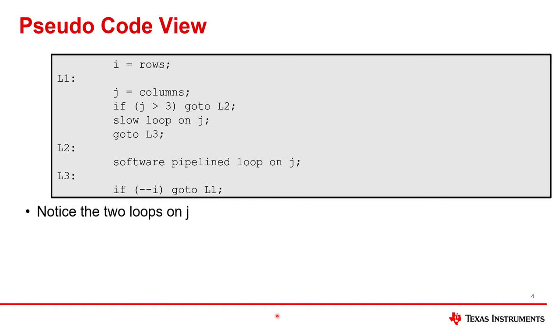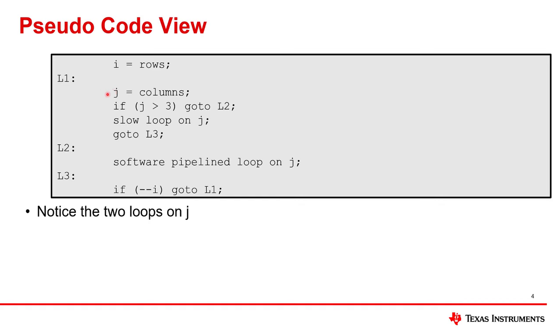We know a redundant loop was generated, and now I'm going to use some pseudocode to flesh that out to get you to understand what that means a bit more. So this is pseudocode that is representative of the assembly code generated by the compiler. Okay, so let's start with: I equals rows and L1, and then here at the end, decrement I, and if I is nonzero go to L1. That's the outer loop. Everything inside of L1 to L3 here, that's the inner loop.